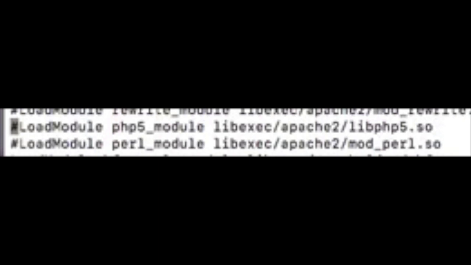Once you found it, delete the hashtag in front of the line and save the file with Ctrl+O and Ctrl+X to exit. What you have just done is configuring the Apache server to use the PHP module, thus basically activating PHP. And now restart your web server with the command sudo apachectl restart.